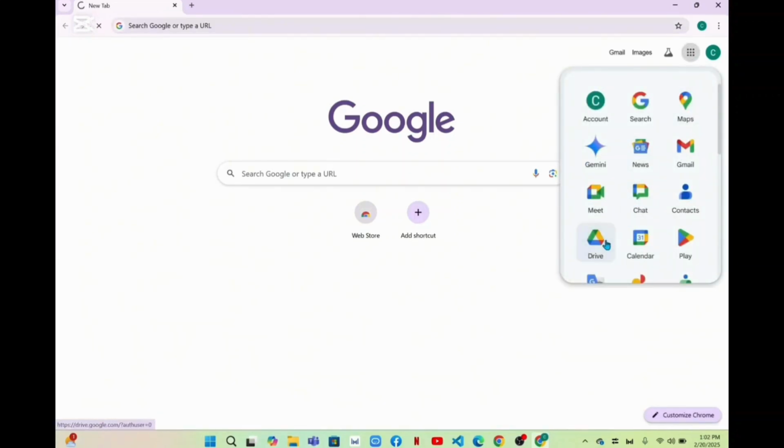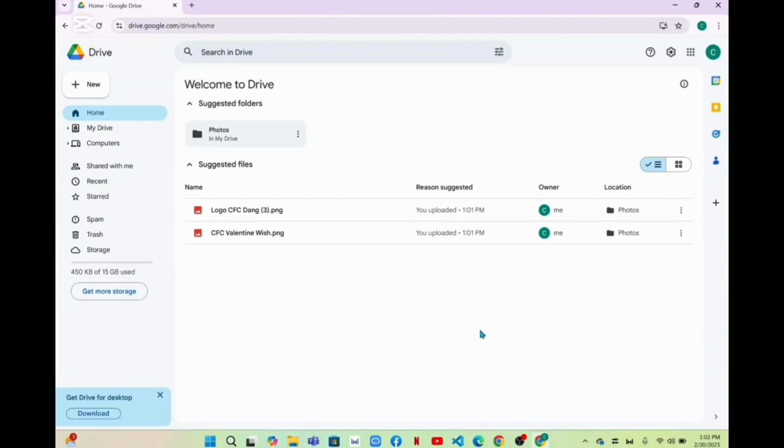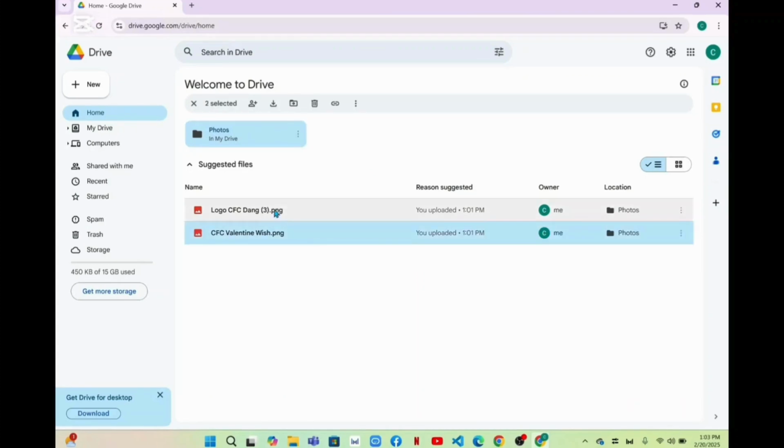So Google Drive. Once you are logged into your Google Drive, navigate to the selected or desired folder that you want to save the photos in. So I have opened this photos folder. Now you have to select the photos, as you can select multiple or a single one. So I'm selecting a single one, and then you have to right click on the picture, or you can simply click